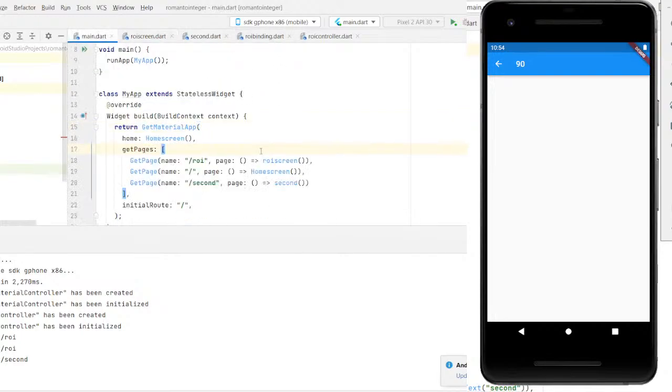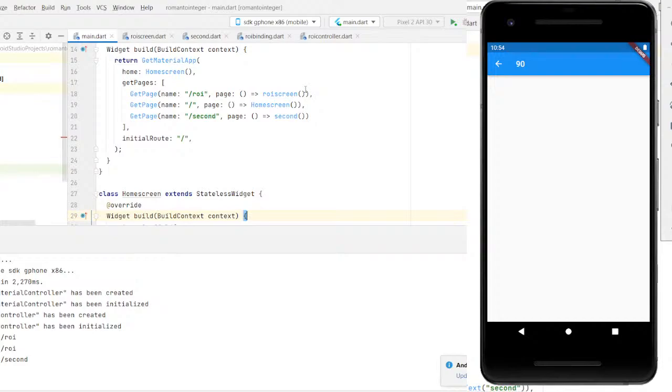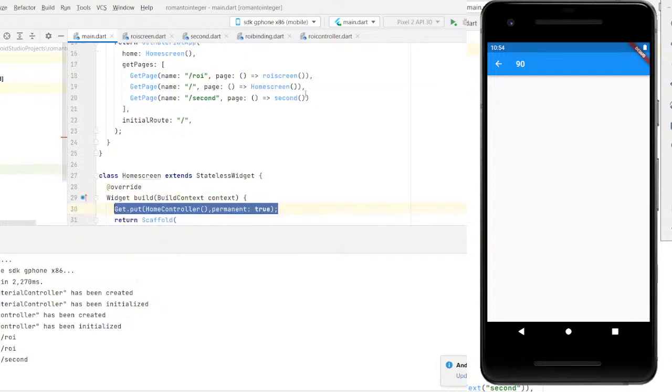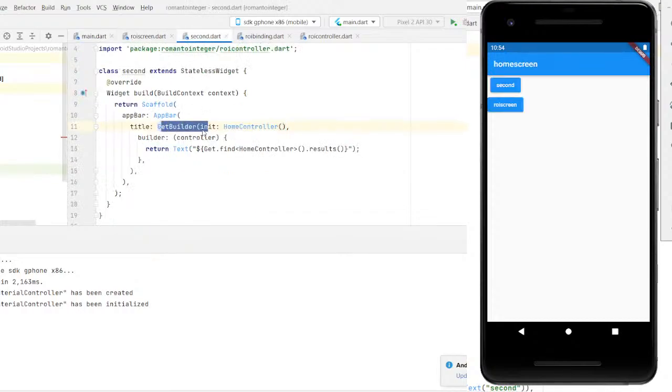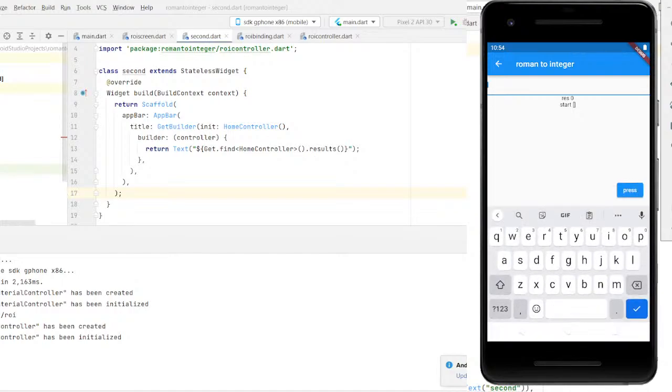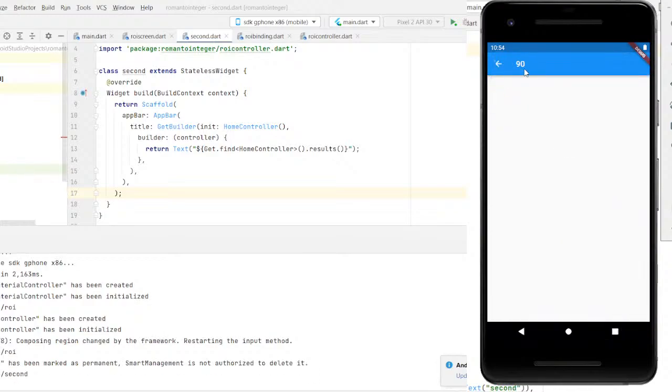Okay, I will delete again the get.put from here from the home screen, and I will make it return back here. Okay. Let's see now what will happen. And as you see, the get builder on the second screen will initialize the home controller. Okay. Look, now ROI screen will call the home controller. Okay. I will go back. You see,